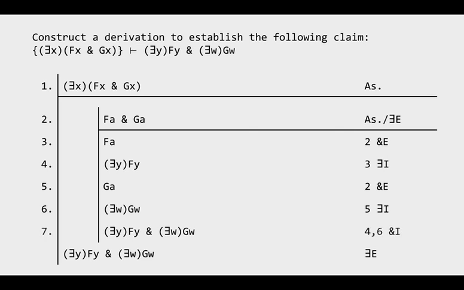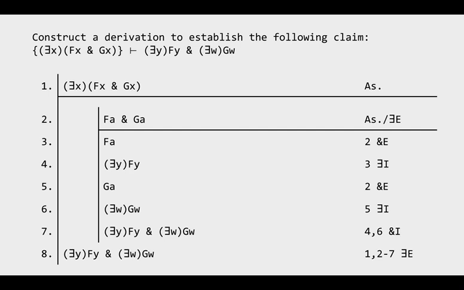In line 7, all we did was combine line 4 and line 6 with ampersand introduction, and that is our target sentence. So if you have reached your target sentence in a subderivation for existential elimination, you are allowed to end that subderivation and go ahead and justify your last line of that subderivation on your main scope. And you have to cite it this way. You have to cite both the line that you used